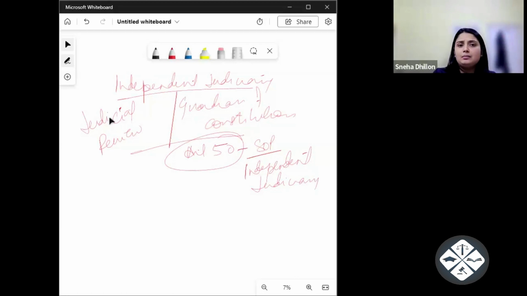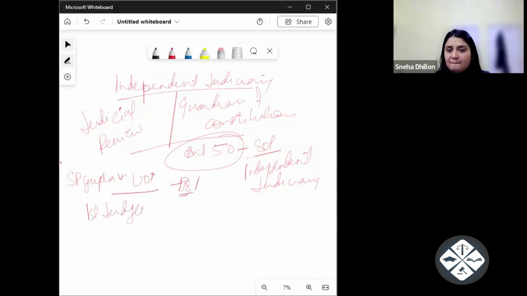Here we can take up the first judges case, whose real name is SP Gupta versus Union of India, a case of 1981, also known as the first judges case. In this, judicial independence as a principle of the constitution, independence as a constitutional principle,